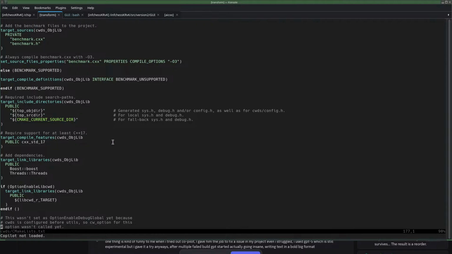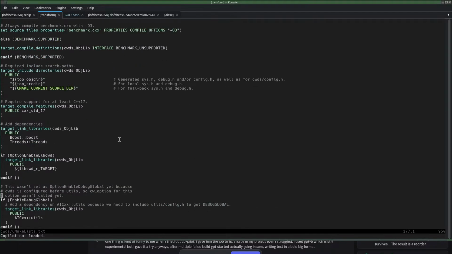So math is either not linking against CWDS, which it wouldn't do if you don't compile with debugging actually, and then it can't find sys.h. But maybe that's the problem, that the debugging is turned off now. I don't think it was, but